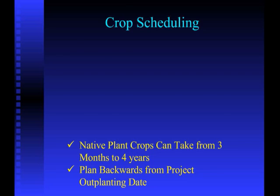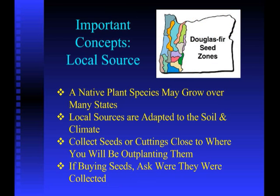One of the most important concepts, I mentioned it earlier, was seed source. The important thing in restoration is to get a local source. Native plant species grow over many states, like Douglas fir grows over, say, almost 15 to 20 different states in the West, and in each local zone, the plants are adapted to that particular climate and soil. So we have what we call seed zones, and research has shown us through years and years that you wouldn't want to take Douglas fir seed from Colorado and grow it in Oregon. It wouldn't do well. So you try to get seeds from your local area that's adapted to your climate and